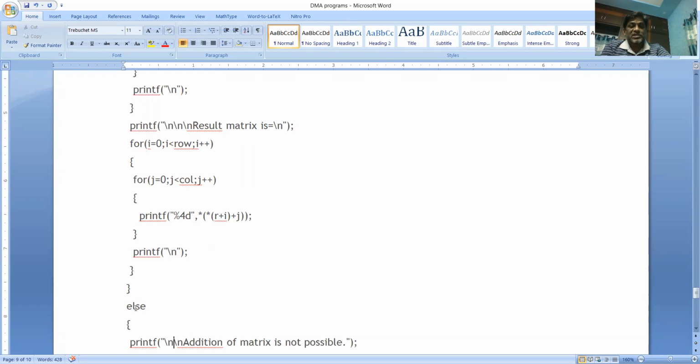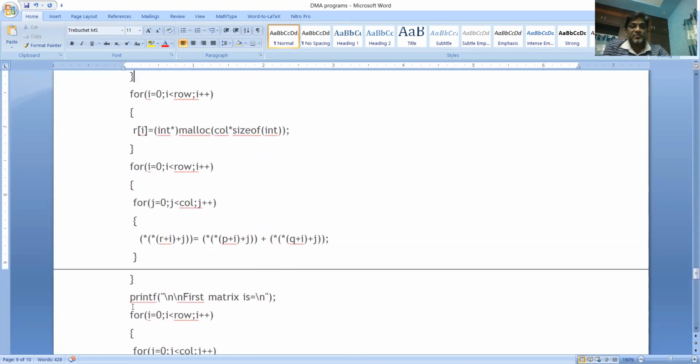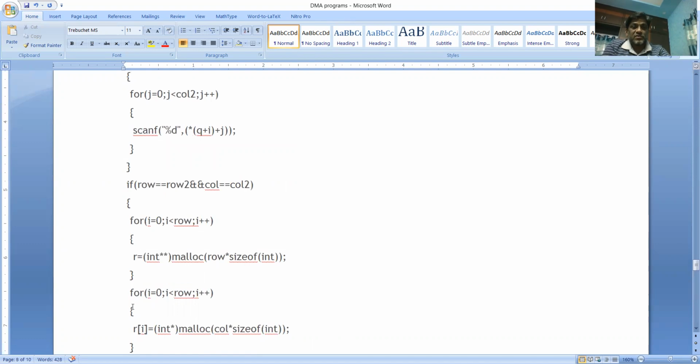Now this else is actually a combination for the condition that we tested. What is the condition we tested? Look at this. This is actually for row equals row2 and column equals column2. This is the condition we are using.